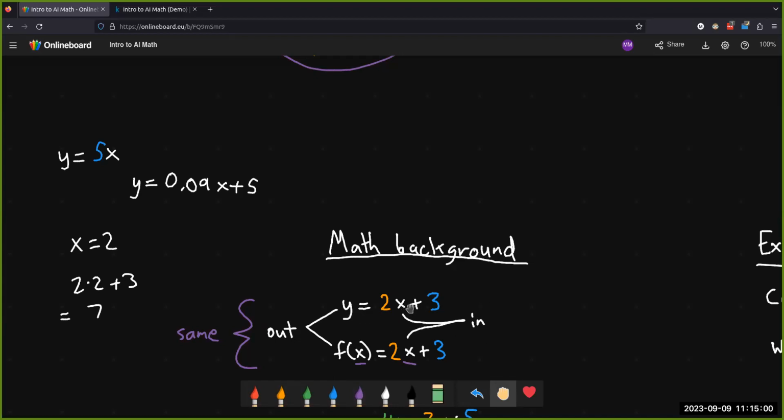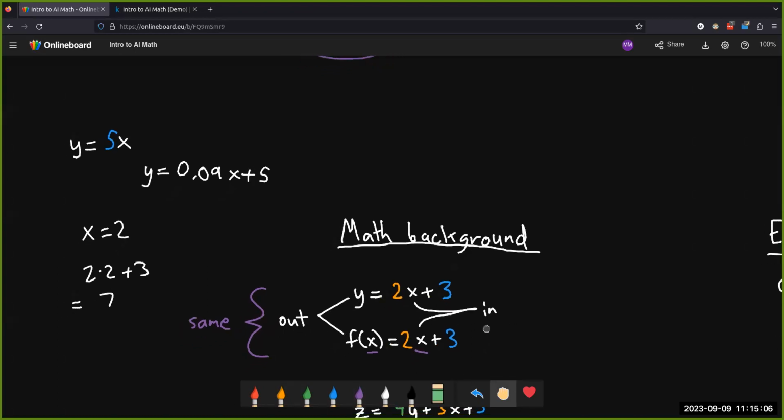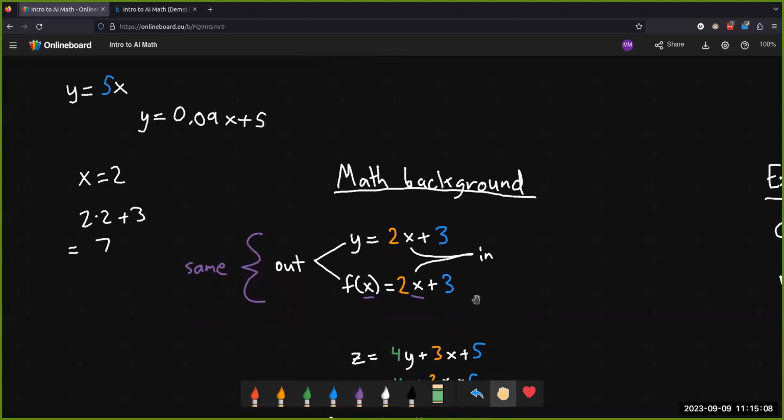Here you see we have equations relating the input variable to the output, and these equations just have one variable. It doesn't need to be like that. We could have as many variables as we want. So here's another equation, z is equal to 4y plus 3x plus 5. Maybe this looks a little bit unfamiliar. You're used to putting y over here, but it doesn't matter. We're still saying the same thing. We're just trying to describe what is the relationship between these inputs and this output.